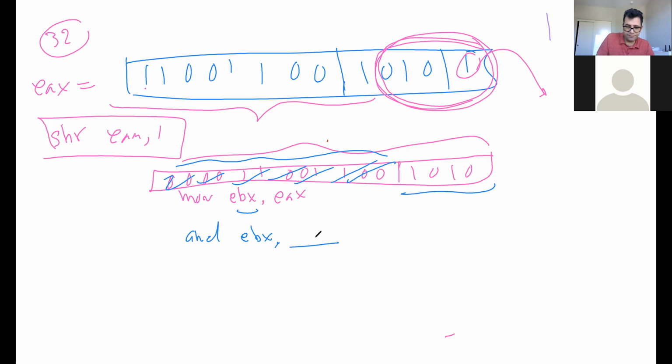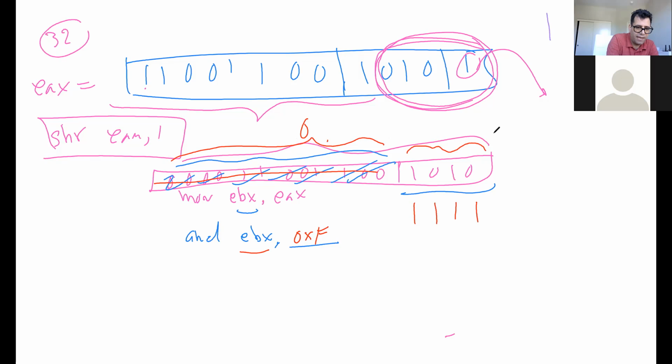So we AND EBX with this number, 0xF. Basically, we AND that, so all these are ANDed with 1, 1, 1, 1. The rest is going to be ANDed with 0, right? So the rest is going to be 0. Therefore, the content of the EBX register is now only 1010, which in hex is 0xA, or in decimal is 10, right? Once we AND that, then we compare with CMP,